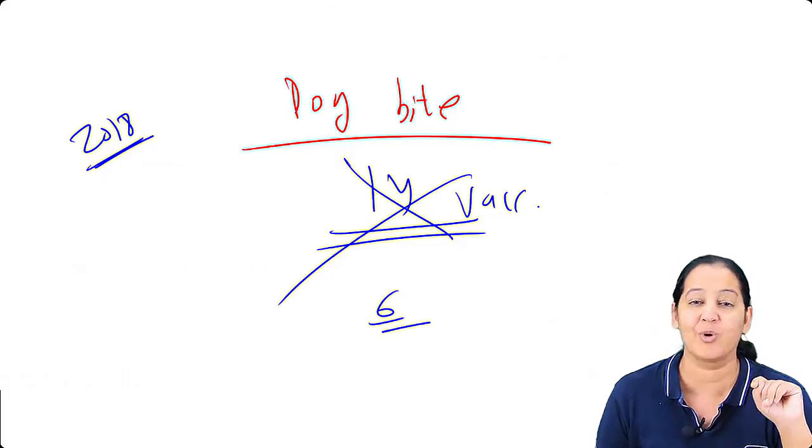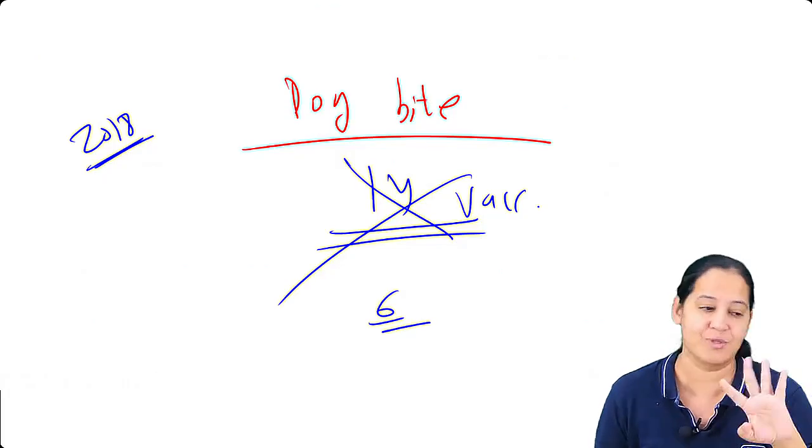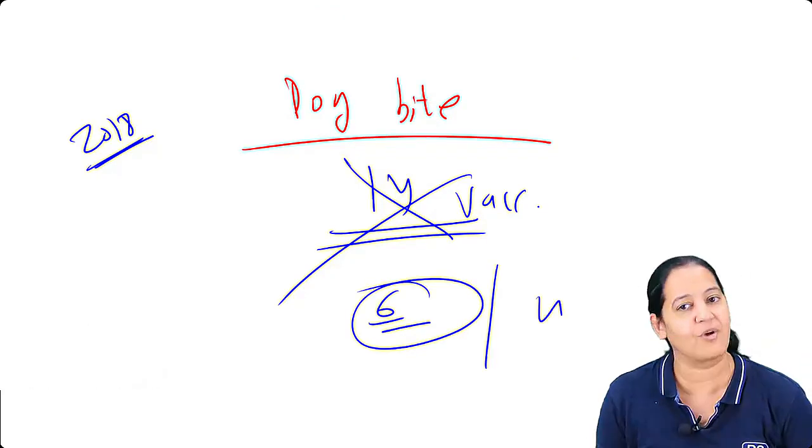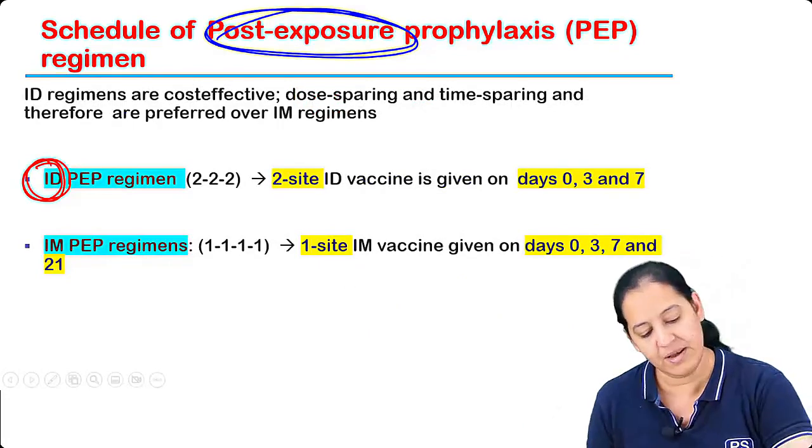So that 14, if a dog bites you then 14 injections will be given, I have heard a lot since childhood. But nowadays it is not 14, it is only 6. Let me clarify, either 6 or 4, okay, maximum 6. So let me explain to the person.